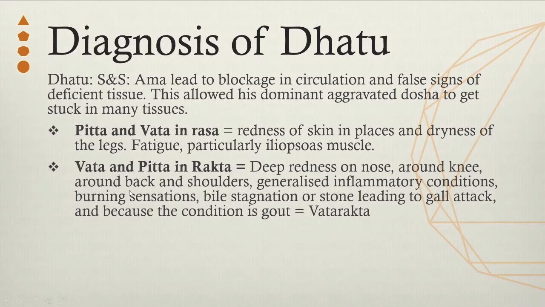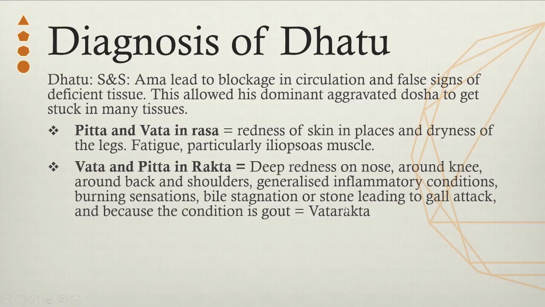Generalized inflammatory conditions, burning sensations when the gout was coming around. He would have had bile stagnation or stone that led to the gall attack. These are all signs that blood is becoming imbalanced in some way. Generally, pitta in the blood leads to bile stagnation, generalized inflammatory conditions, the redness that we see. Yet, because his condition is gout, and gout is known as vata rakta in Ayurveda, we see all these pitta-related conditions, but we know in some way vata was the original trigger that created the seeding of this metabolism imbalance